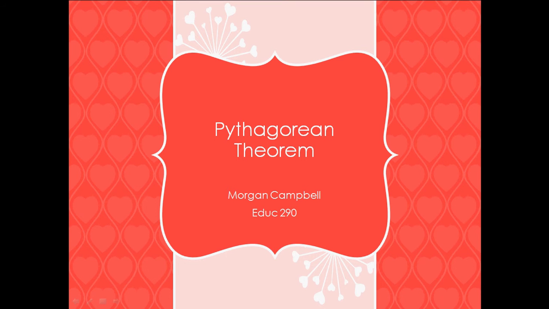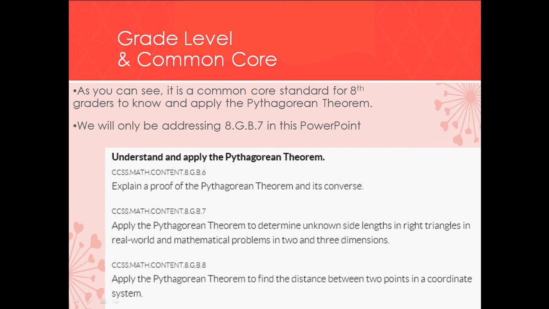Today we are going to be talking about the Pythagorean theorem. The Pythagorean theorem is usually taught in the 8th grade, and you can see here the Common Core standards. And in this PowerPoint we will only be discussing the Common Core standard 8.G.B.7. This says, apply the Pythagorean theorem to determine unknown side lengths in right triangles in real-world and mathematical problems in